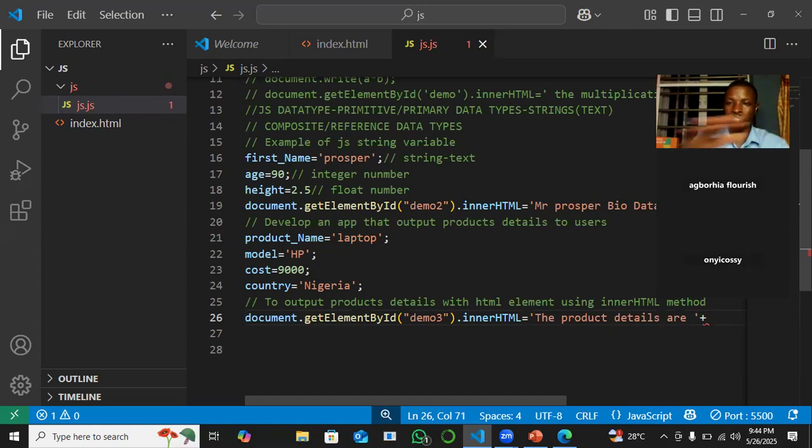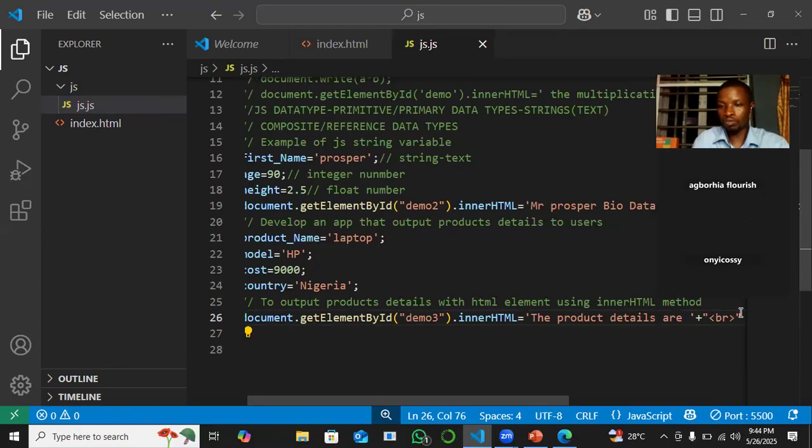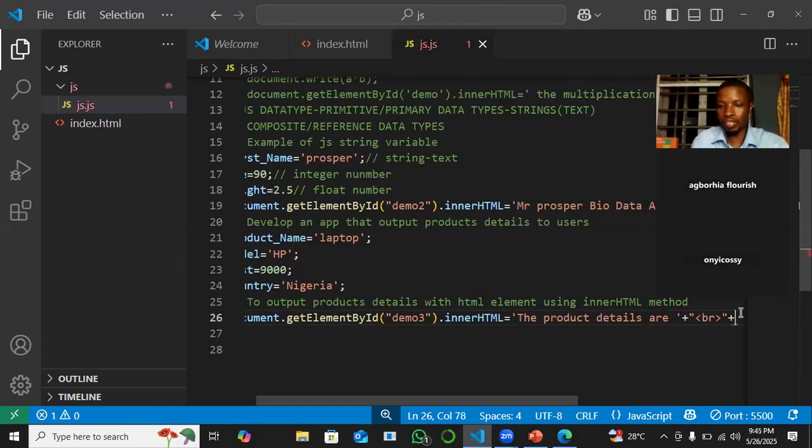Instead of displaying everything on the same line, I want each of them to be displayed the way they are. That's the reason why I'm bringing the HTML break element, which we have already learned from HTML. Since you are introducing an HTML element, you have to wrap it as a string. That is why I am putting it inside this quotation. So before I now do concatenate, after this, that is after break,